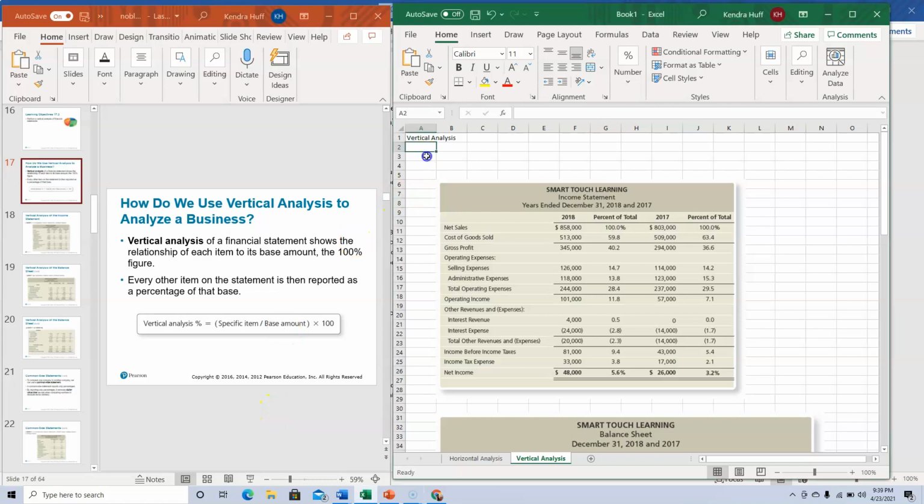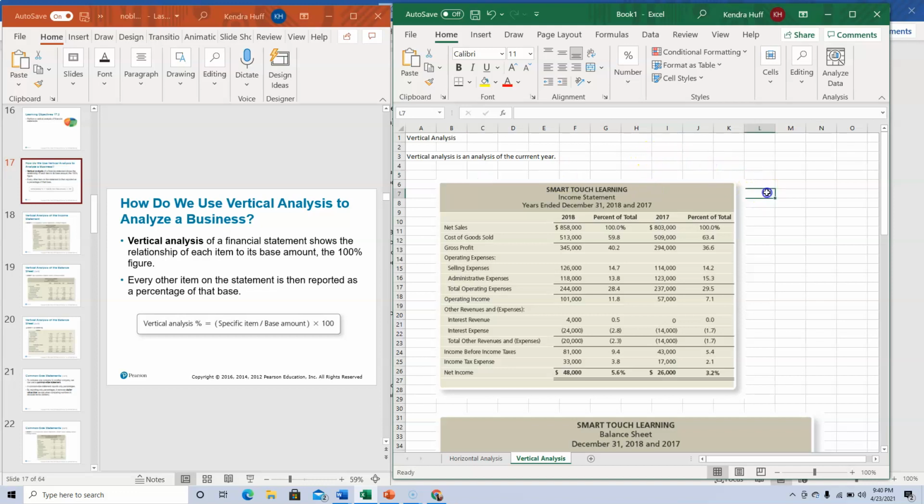Okay, vertical analysis. So vertical means up and down. So vertical analysis is an analysis of the current year. All right, you're looking down through 1 year. All right, so on the income statement,